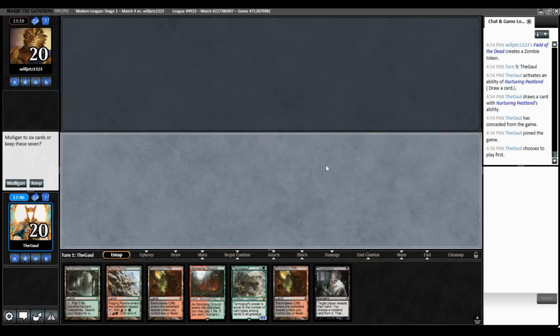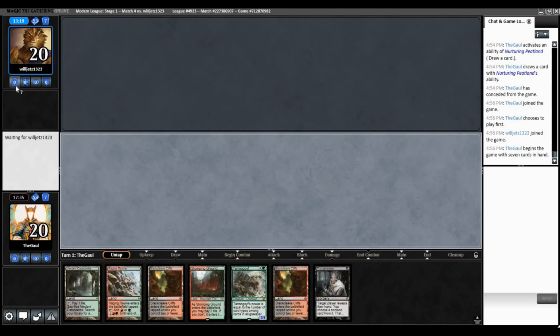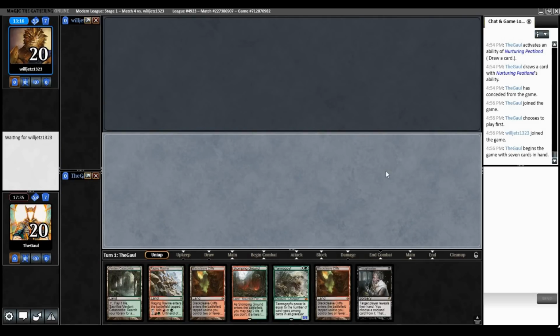Thoughtseize into Goyf is the perfect 1-2 punch, and then the hand does nothing from there. I'm gonna keep it though. These are the ideal turn 1, turn 2 plays. A lot of their hands are gonna be mulligans. A lot of their mulligan and non-mulligan hands are gonna have a real hole punched through with this 1-2 punch,